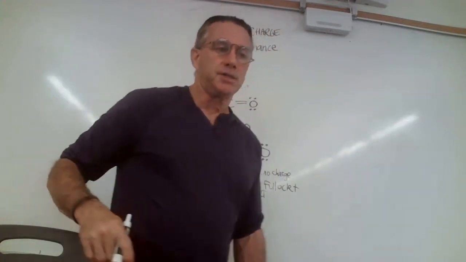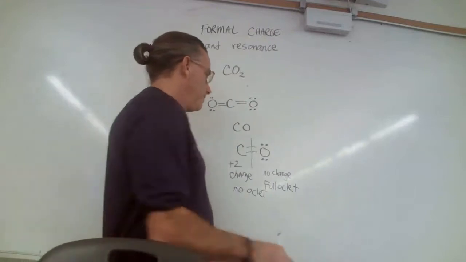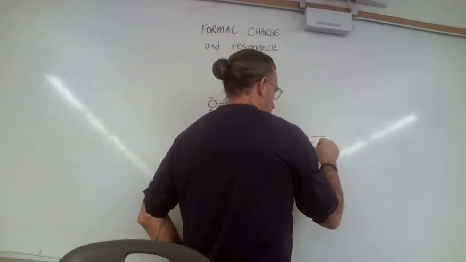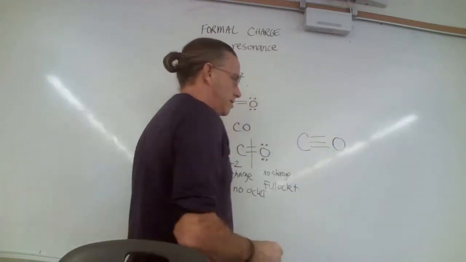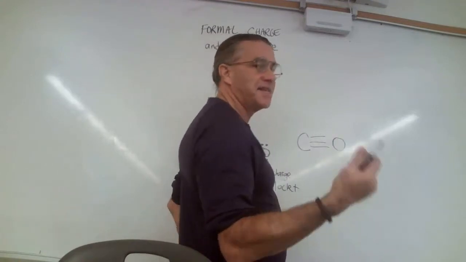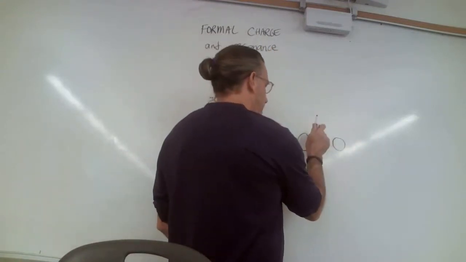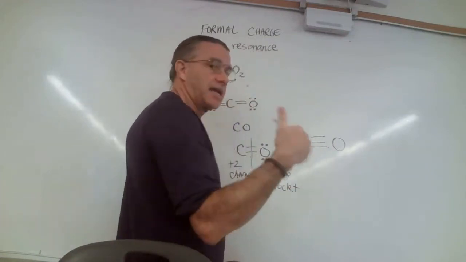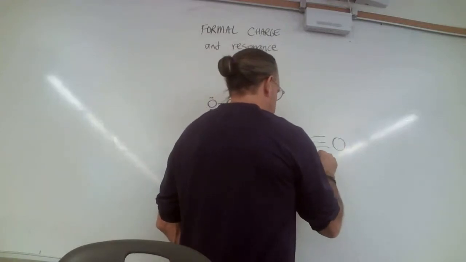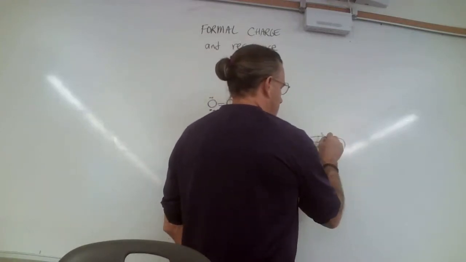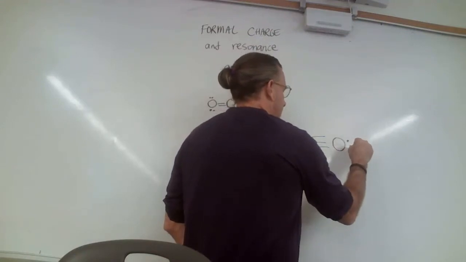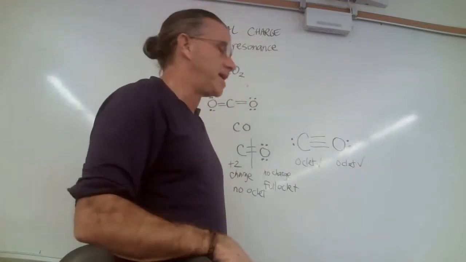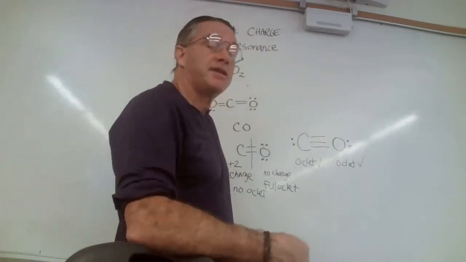If you played around with it and tried to draw it a more reasonable way, we could do something like this. Ooh, it certainly looks weird already, but let's make sure we have at least a full octet on everything. So I need 2 more electrons here. Why don't I go like that? 2, 4, 6, 8. Got it. So octet. Yay. And why don't I go 2, 4, 6, 8 there. Octet. Check. This is in fact the best way we can draw carbon monoxide, but now let's evaluate it for